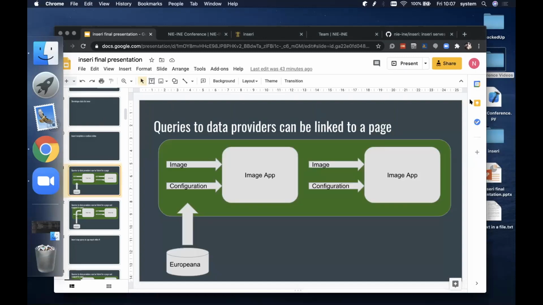Now we see we have again one, you've already seen it in Dominic's video. We have some apps on it and we link a query to it. So RESTful queries, we can link it to the page without mapping, without connecting it to an app at first. It's the first step. And then the second step is to connect parts of the response or the whole response to an image, to an app. For instance,